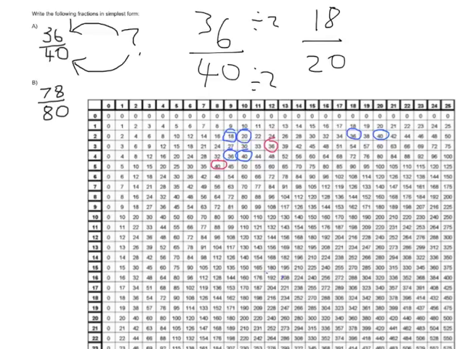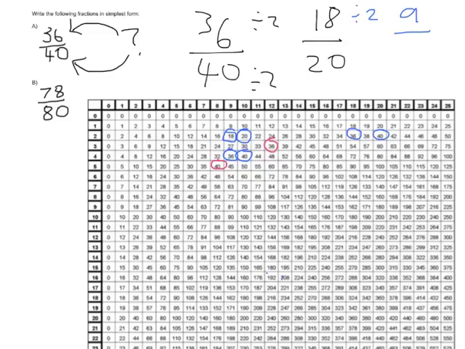So 2 times 9 is 18, but also if we go in reverse, 18 divided by 2 is 9. 9 is a whole number, so I know that 2 can go into the number 18 equally. So therefore, I'm going to write 18 divided by 2